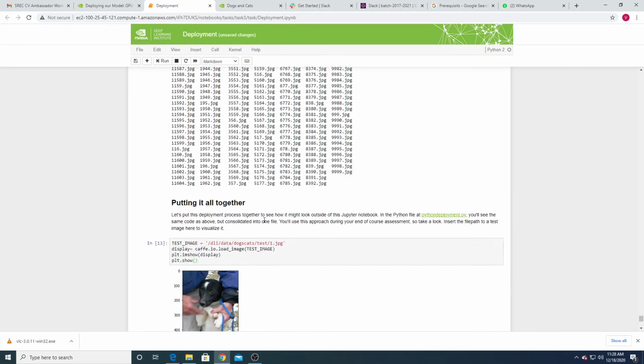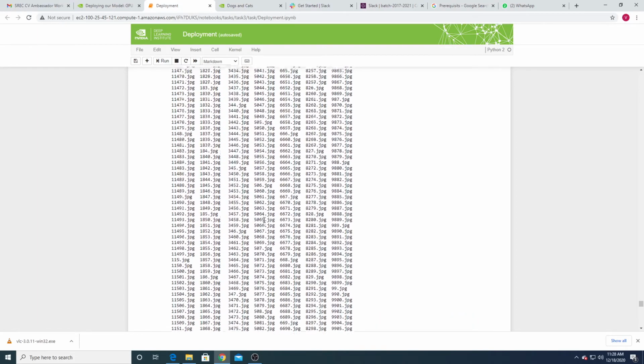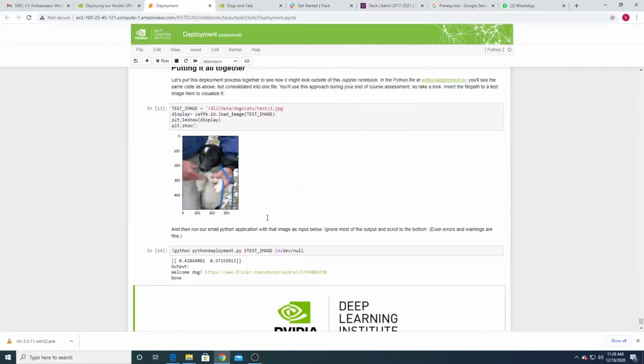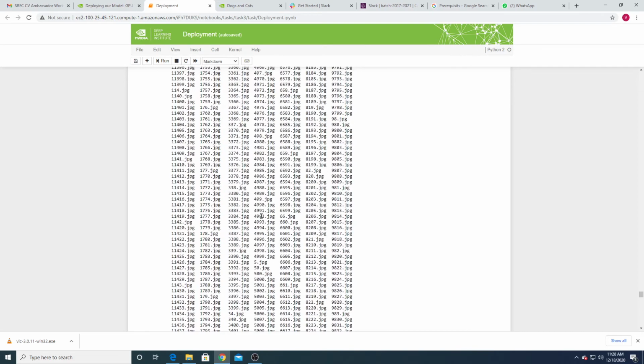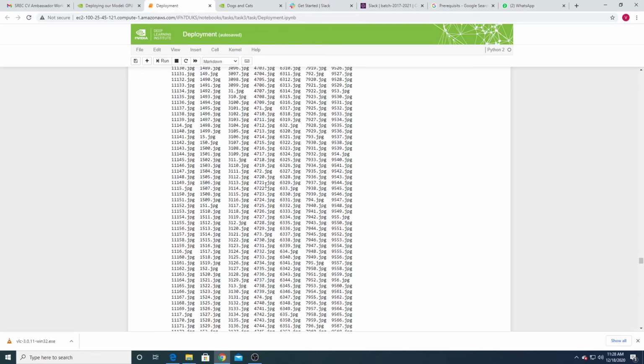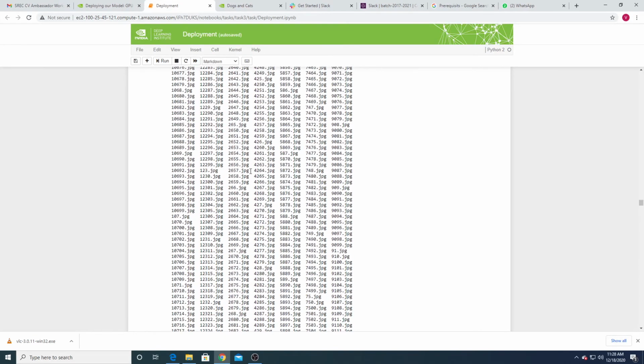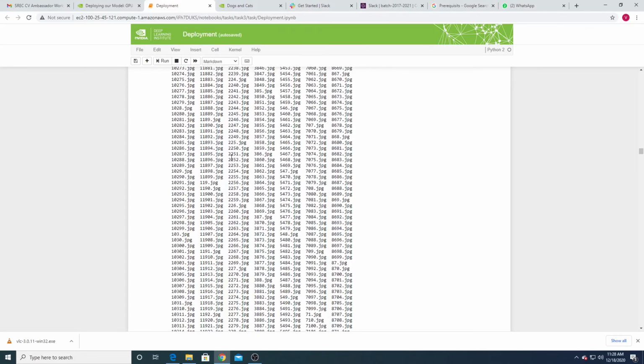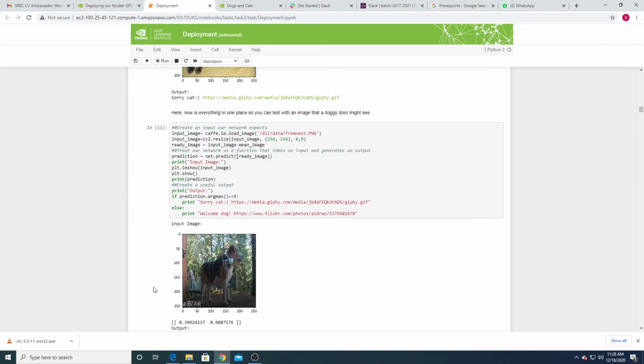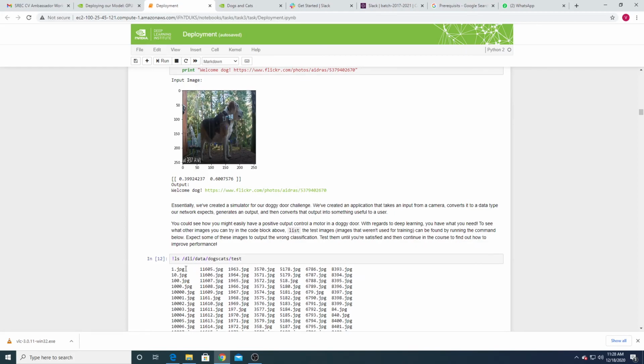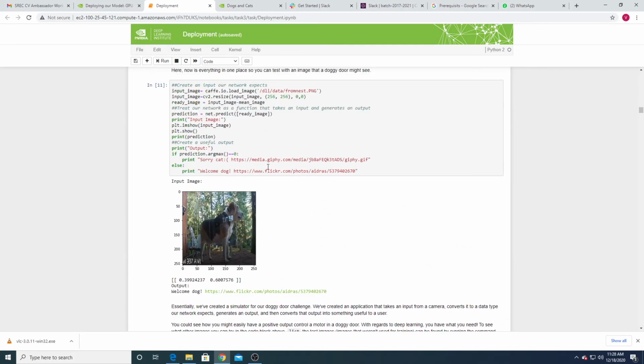So this is the complete Python deployment.py, which has the Python code that we discussed here. We are passing this image now, and this is the code.